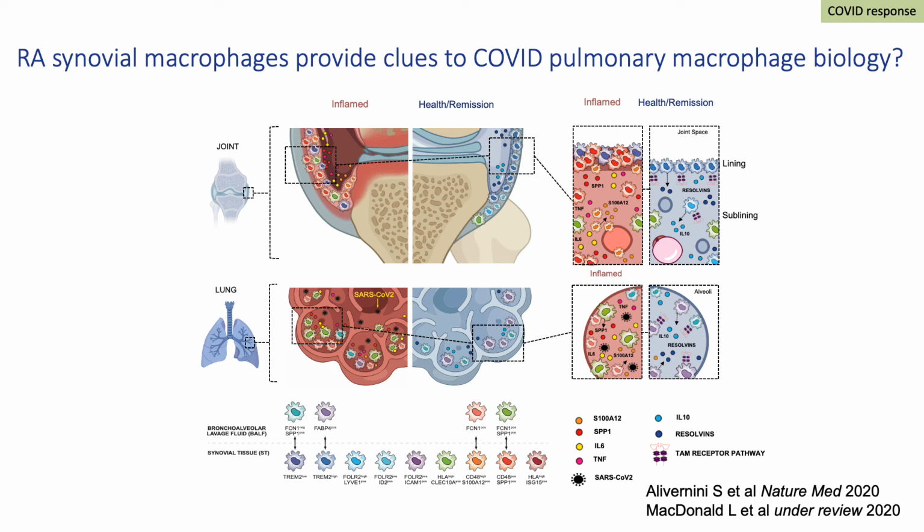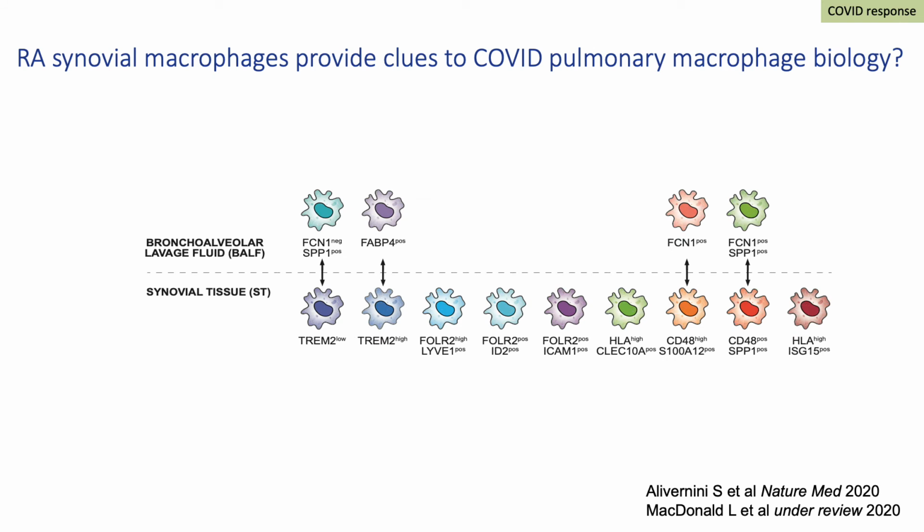my own group. And what we've done recently, and this work led by Mariola Kurowska-Stolarska, we've compared the macrophages using single-cell sequencing in the rheumatoid joint with those in macrophages in the COVID lung. And this is what we found. We found remarkably that in bronchoalveolar lavage, there are populations of cells that are on the left-hand side, the blue rheumatoid macrophages and this green and purple alveolar macrophage were present, and we also found inflamed macrophages in the joints reproduced in the BAL of the patients with COVID, the red and the green cell here.